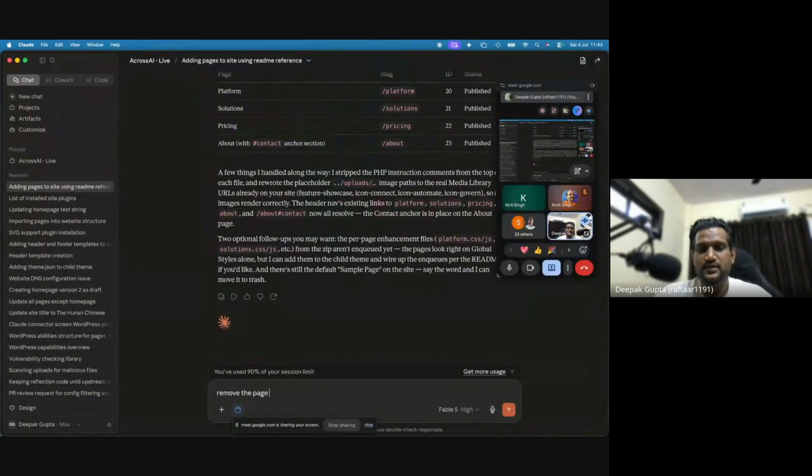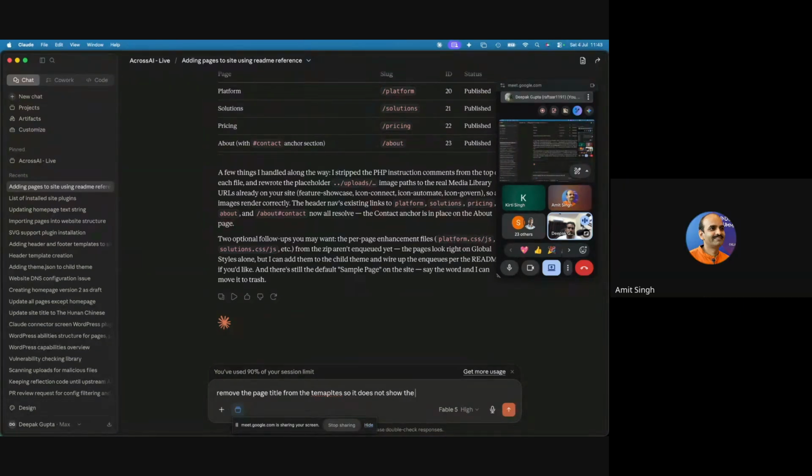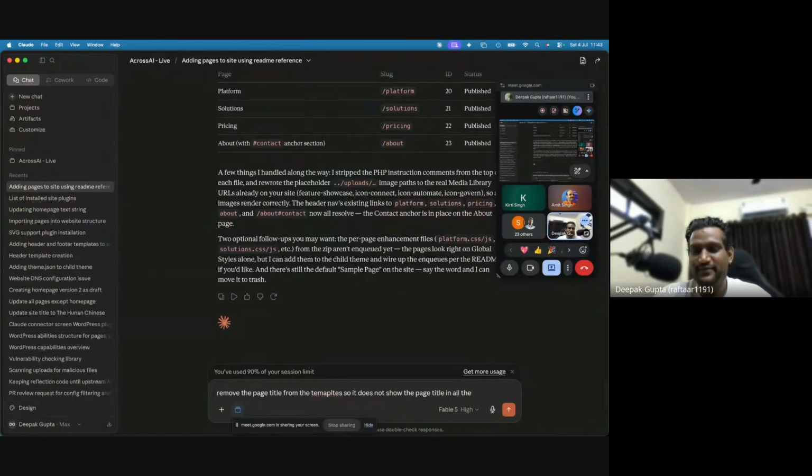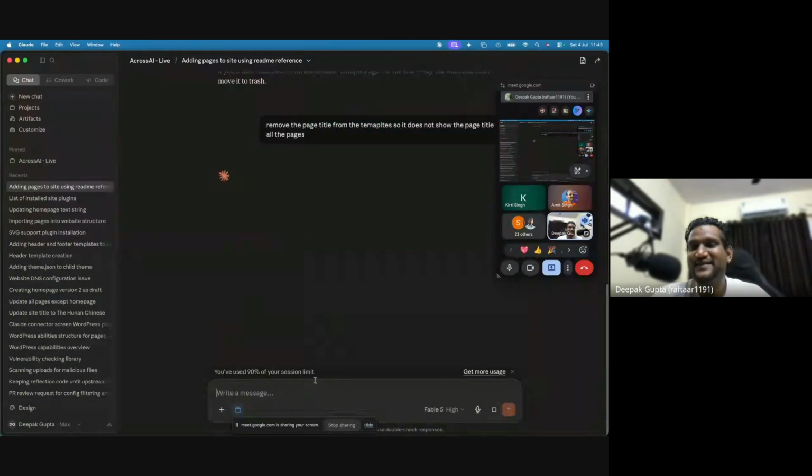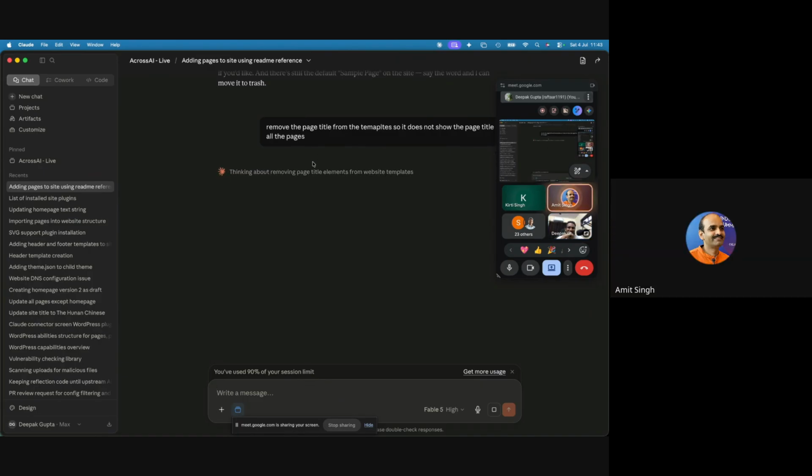Remove the page title from the template, so it does not show. You changed the title in all the... Yes, थोड़ा फास्ट हो गया था सर। अभी मैंने उसको बोला, सेशन खत्म हो गया, अभी तेरा सेशन भी खत्म हो जाएगा, टोकन खत्म हो गया।